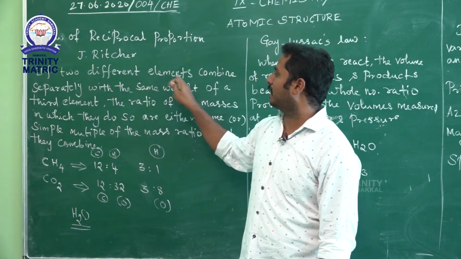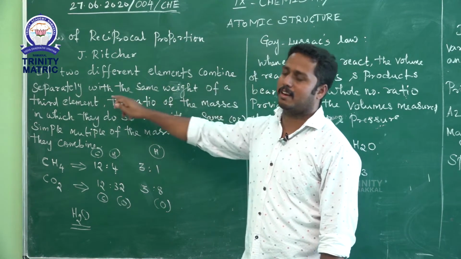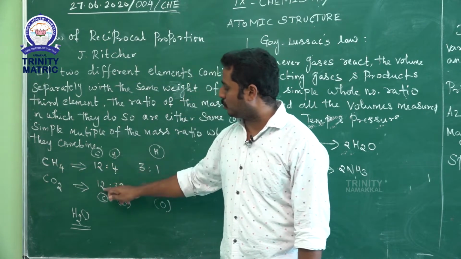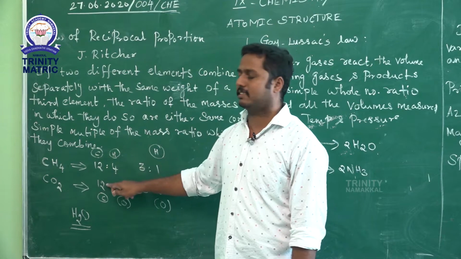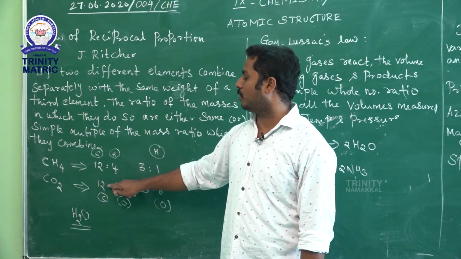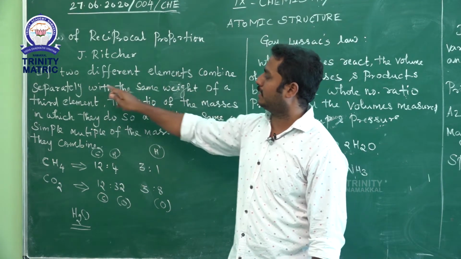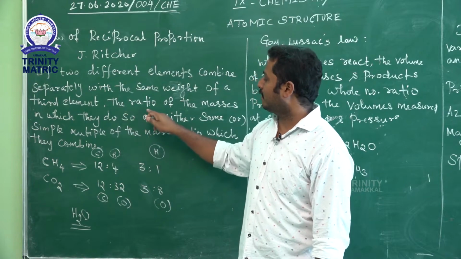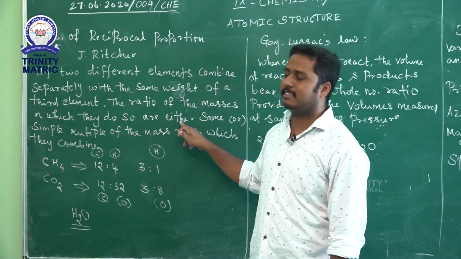Because here the carbon mass you consider is 12 in both cases, in methane and CO2. So, that is why, if two different elements combine separately with the same weight of the third element, the ratio of the masses in which they do so are either the same